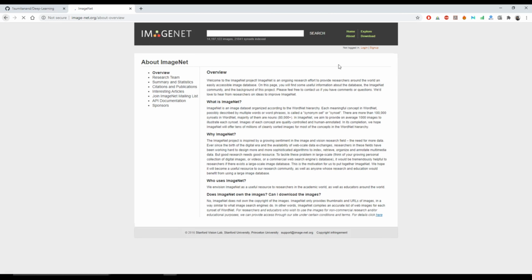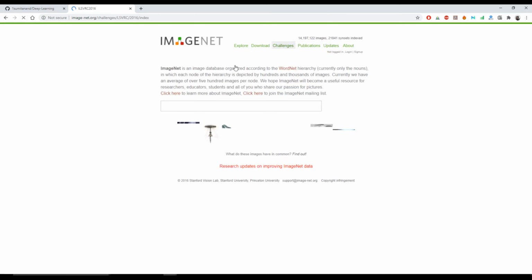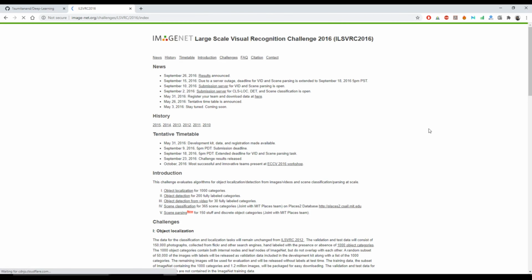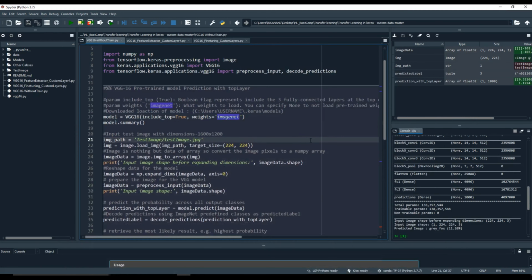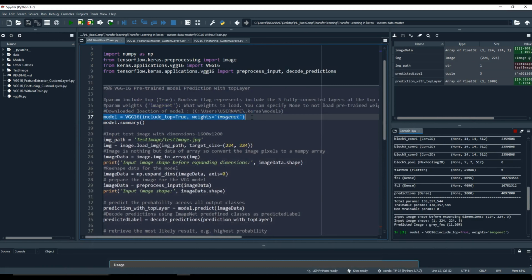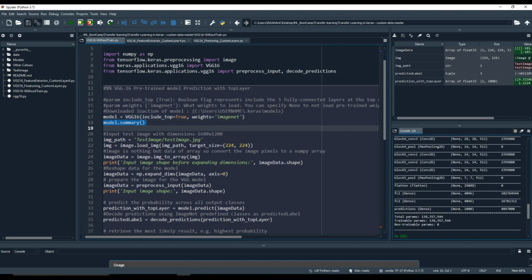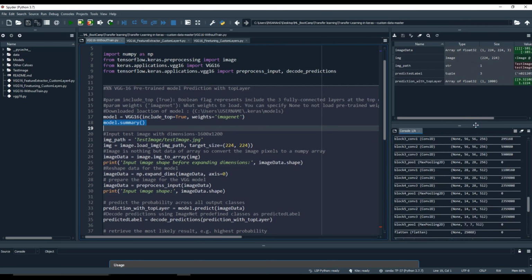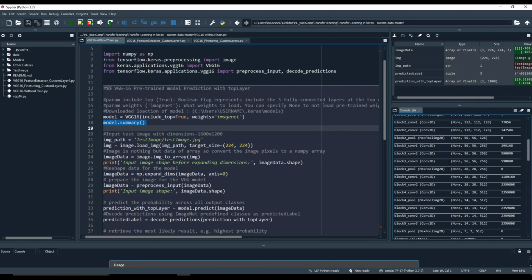So I'll show you once. Yeah. So now this was the weight, so I'm going to execute this part. So as you can see, my model has been created. Now what I'm going to do is make the model summary. So in this model summary, as you can see here, I have